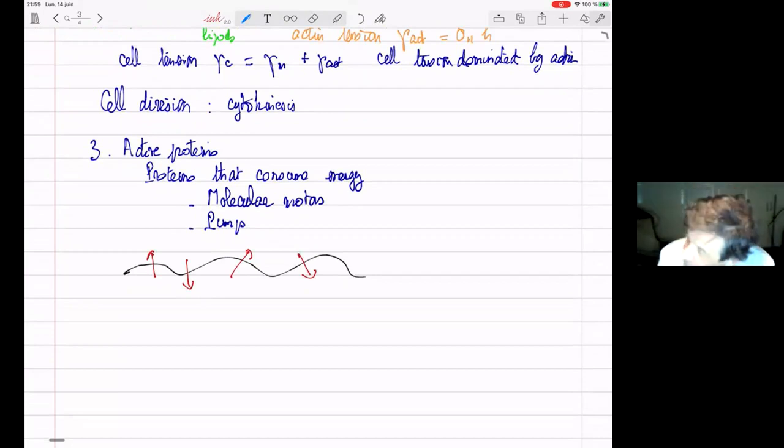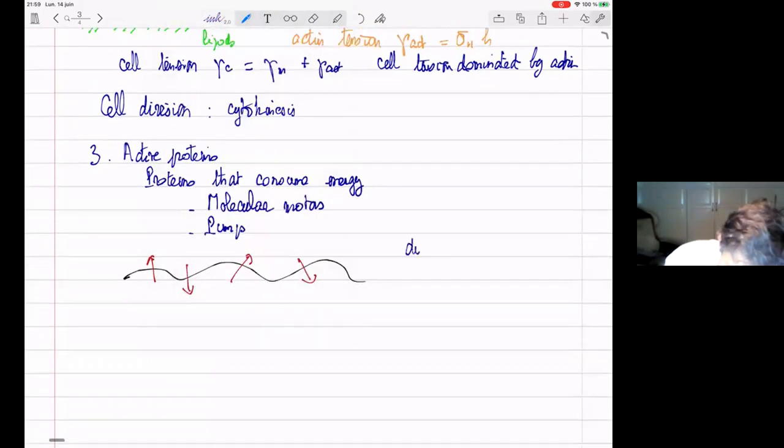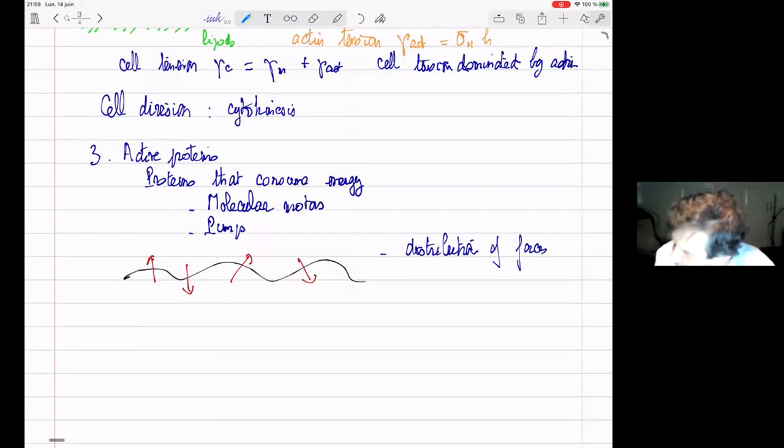Now, when the pump transports an ion, it creates locally a small flow of water, and that creates a force in the fluid. Now, if the membrane creates a force in the fluid, the fluid creates a force on the membrane. So the activity of these pumps creates a distribution of forces along the membrane. So I have to be more precise. If you look at the mechanics more correctly, a pump cannot be a force, it has to be a force dipole. So it's a distribution of force dipoles.